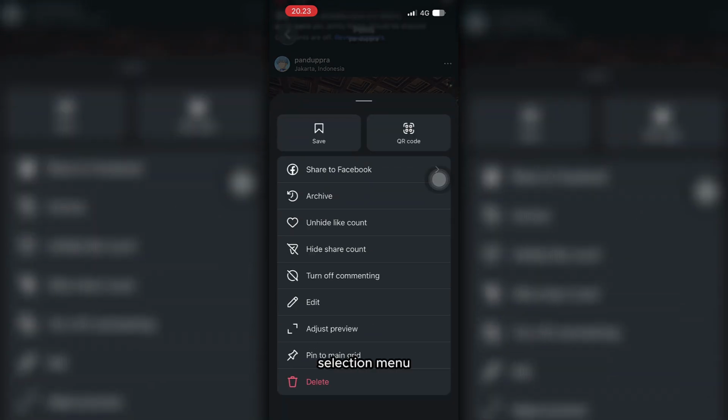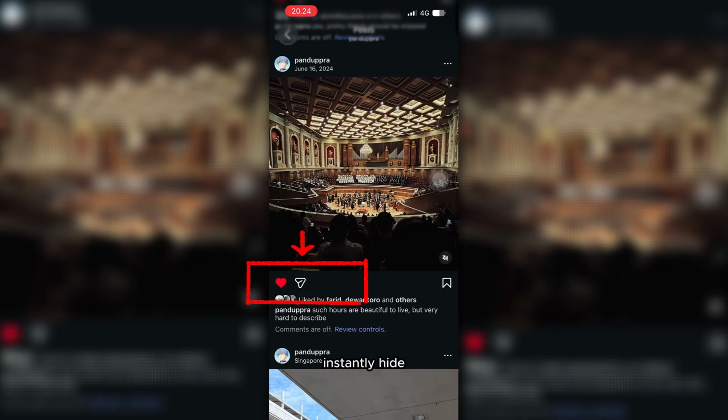A pop-up selection menu will appear from the bottom of your interface. Select the option explicitly labeled Turn Off Commenting. The system will instantly hide all existing comments and completely remove the text field so no one can write